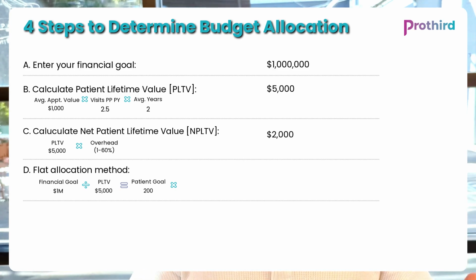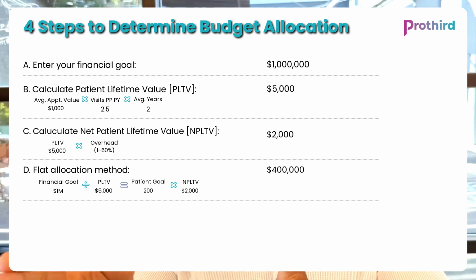that I was planning to either give to myself, right? Or ideally really put back into the business to grow. So we'll take that net patient lifetime value number of $2,000, multiply it by 200 patients, and boom, $400,000 is the max, absolute max budget your practice should spend in a scenario like this. Any spend above this is going to put your operations at risk because you're now starting to eat into your